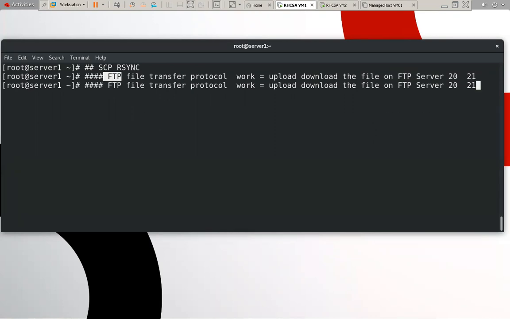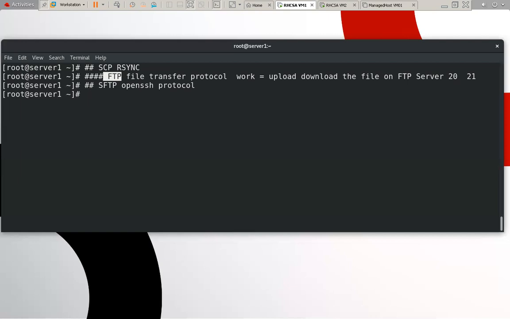When we use SFTP, this uses the OpenSSH protocol for secure communication. For secure communication, it uses the OpenSSH mechanism.